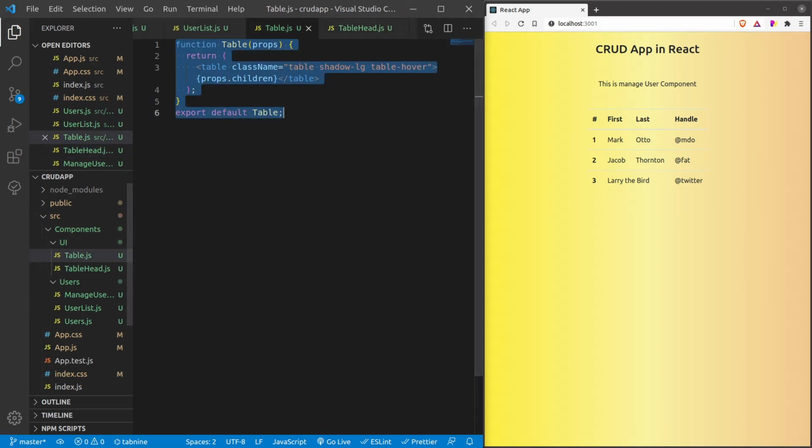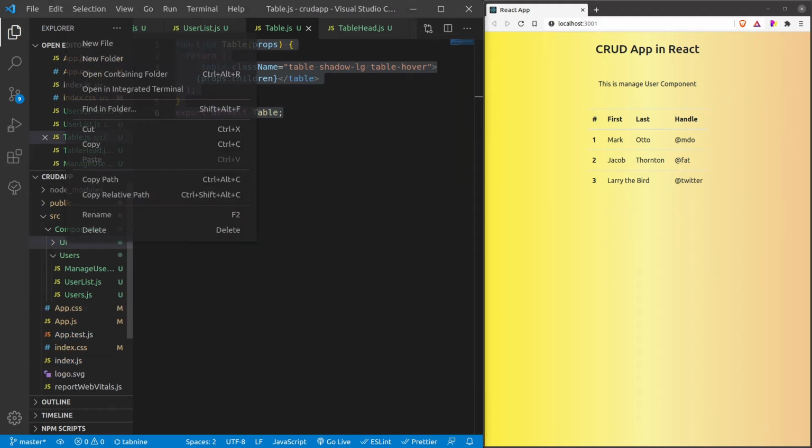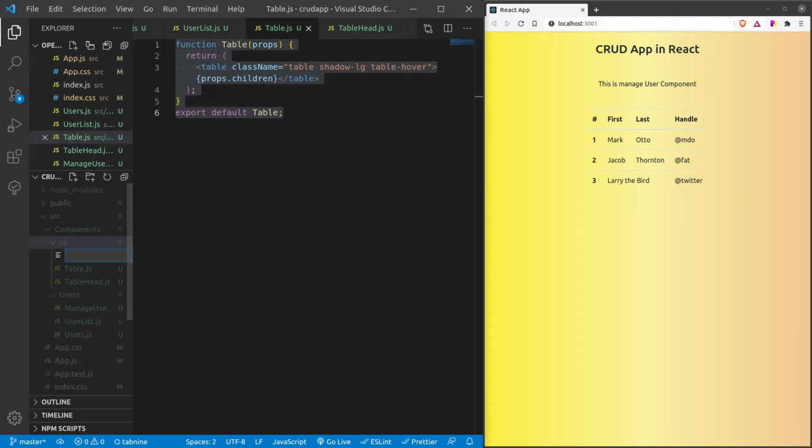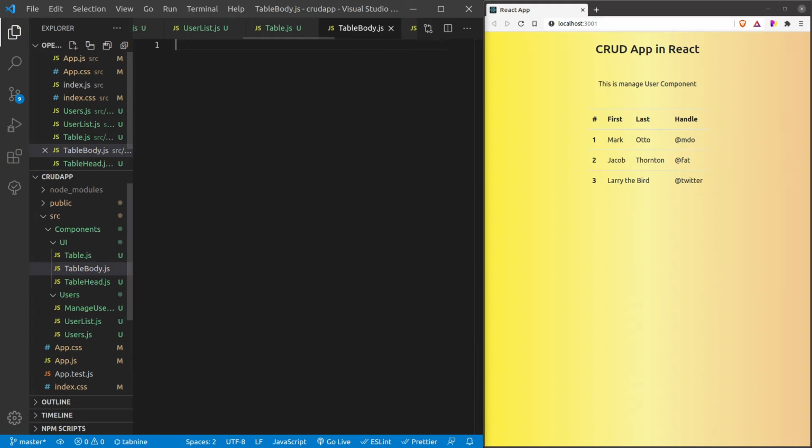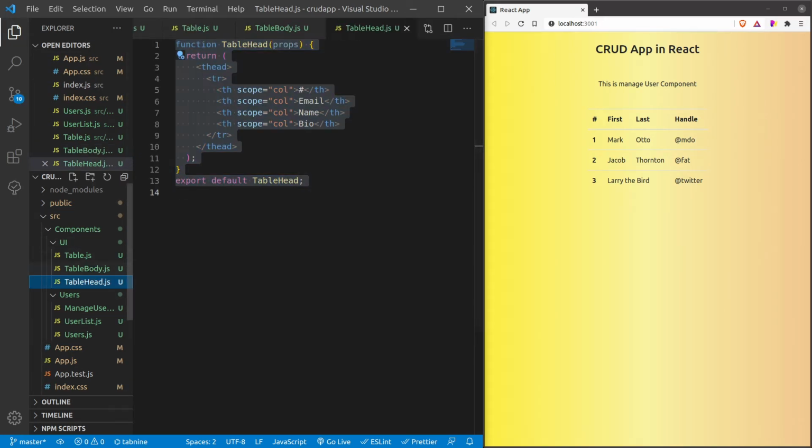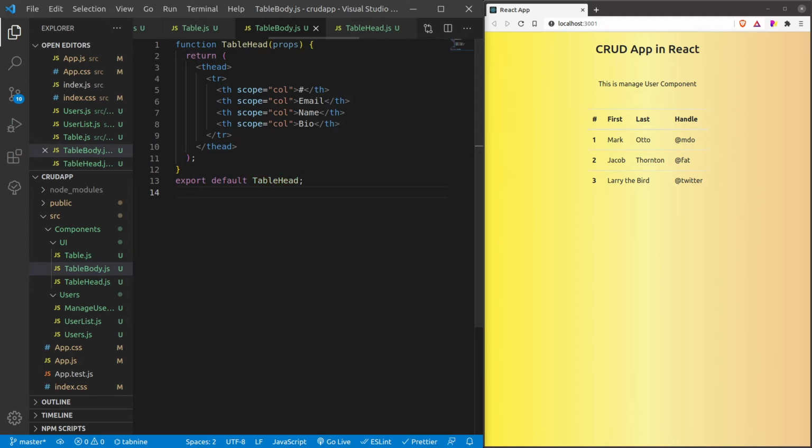Okay guys, and now let's create the table body component. New file, tablebody.js, and inside tablebody.js let's copy paste this code, and let me rename this to table body and paste the data like this.